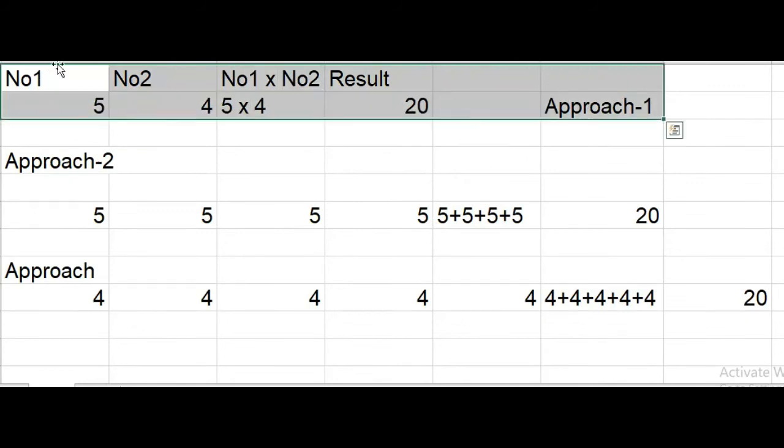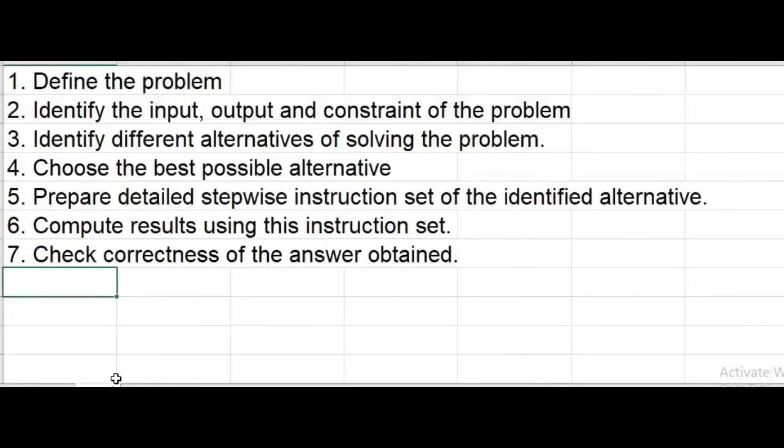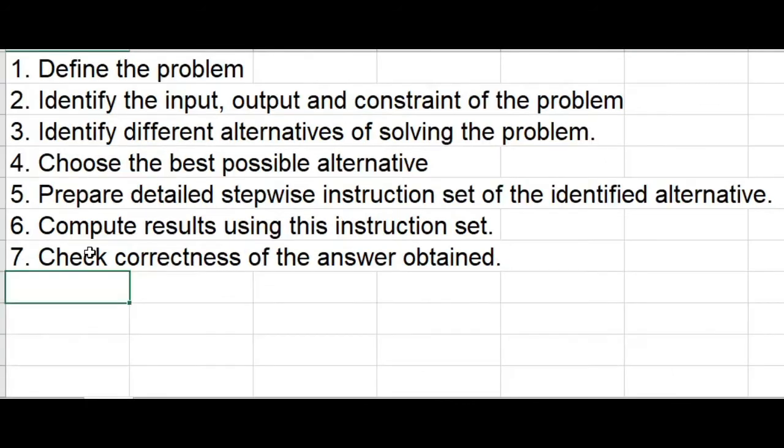Actual program or software is not this simple. There are hundreds of pages of coding, prepared for a complex task, when we are creating any program or software for professional purposes, to use in real life. At that time there are hundreds of pages of coding. So this process is compulsory before delivering the product to the customer. This is checking the correctness of the answer obtained, whether it is generating the correct output or not.